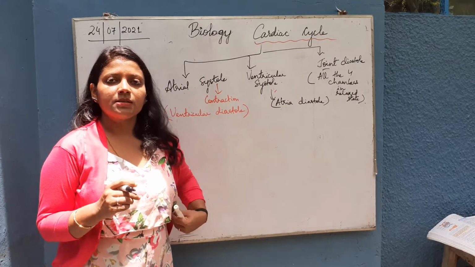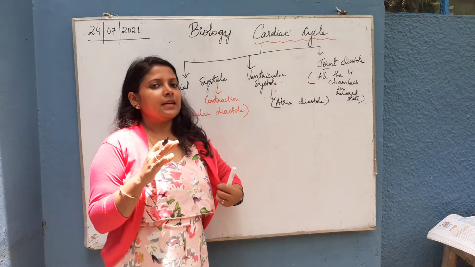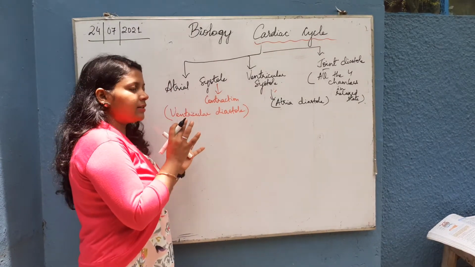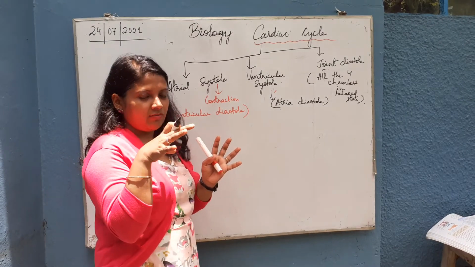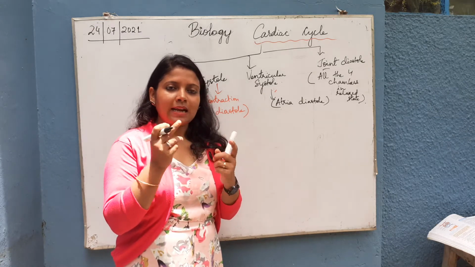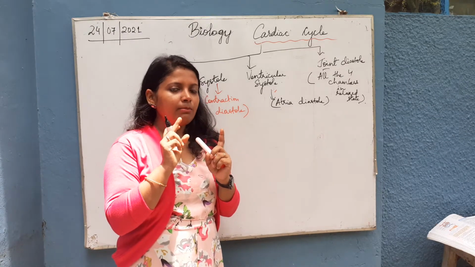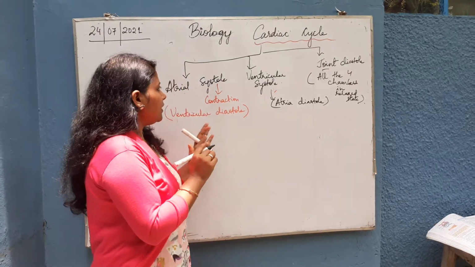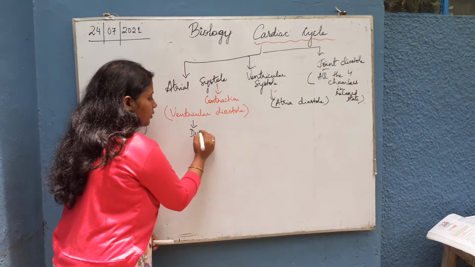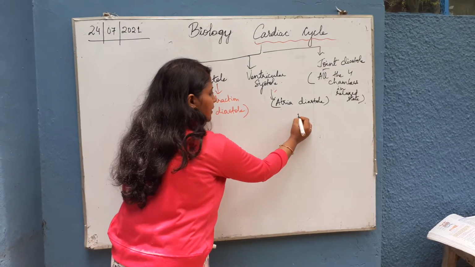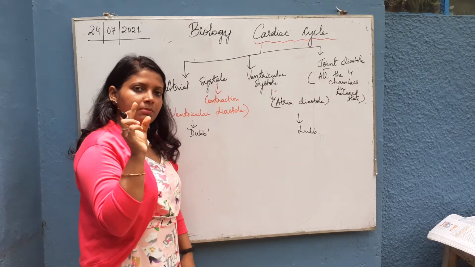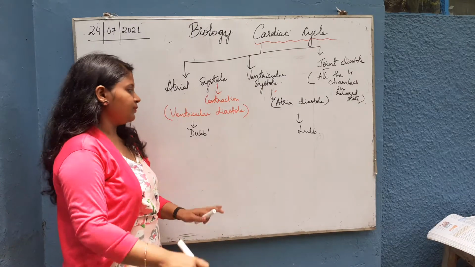So the cardiac cycle is the whole sequence of events taking place in the heartbeat. This heartbeat, we hear with the help of a stethoscope when we check the chest side, the heart side. The sound you hear is the heartbeat sound, the lup and dup sound. In the atrial system, mainly the dup sound is produced. Okay, and here the lup sound is produced. So lup dup, lup dup. This beat goes on.